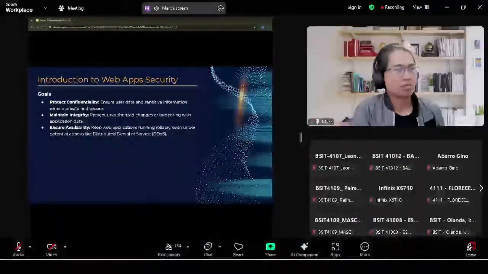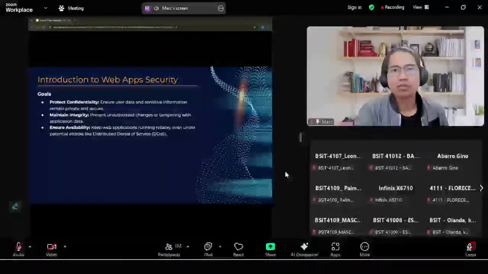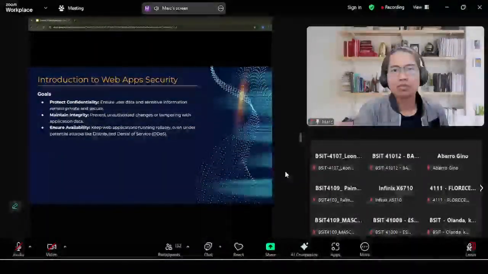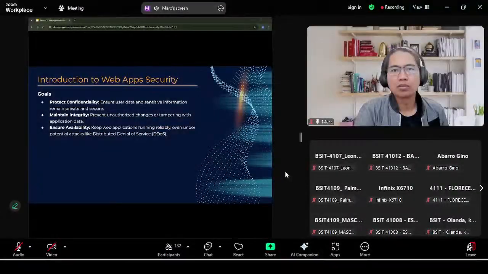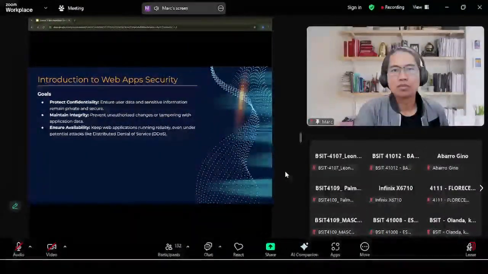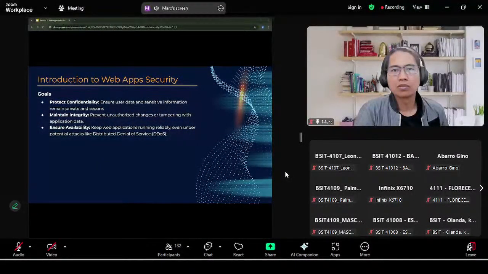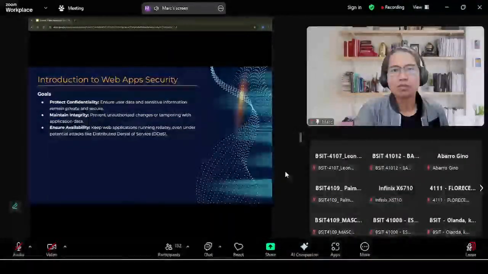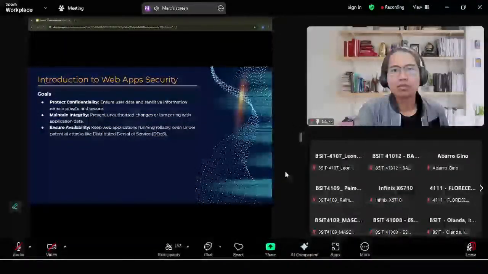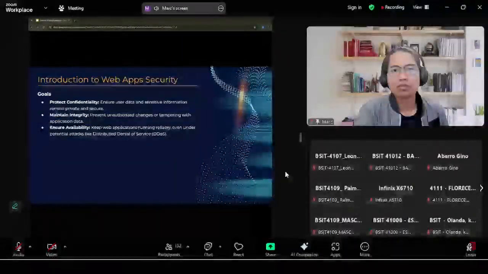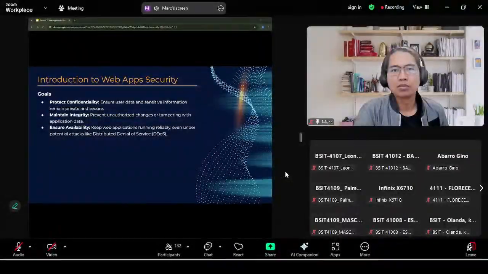This includes data that is both stored in the application and sent across networks. Finally, let's talk about availability. This goal focuses on keeping the web application and its services up and running at all times, even during cyber attacks or system failures. If a web